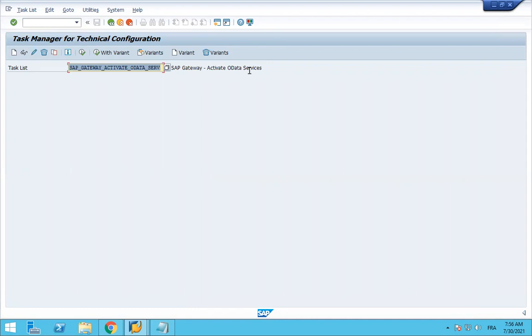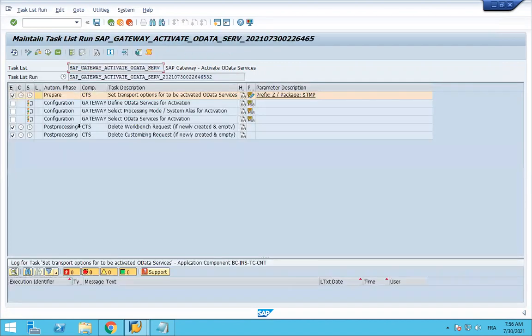I will show you how to activate this, and then click to generate. You need to click to generate here, and then you need to look at all. You can notice gateway here. Gateway. Click here.